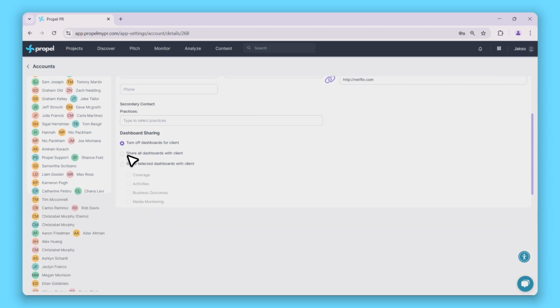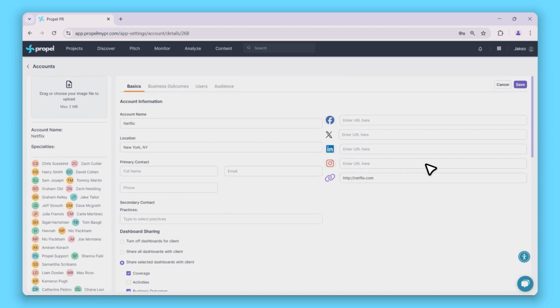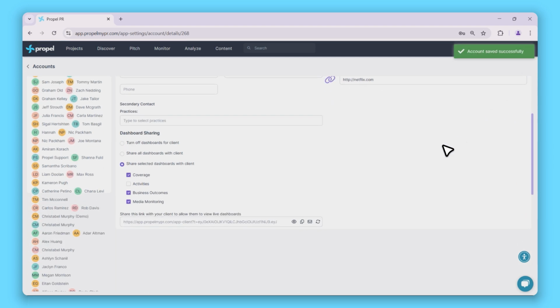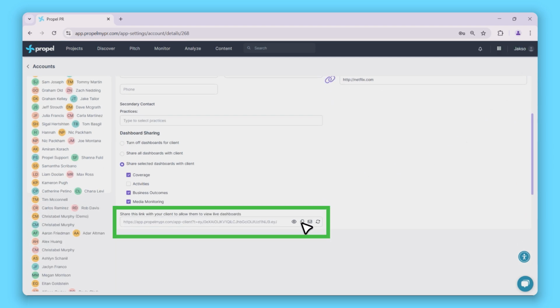Here, you'll see 4 dashboards that you can share: Coverage, Activities, Business Outcomes, Media Monitoring. Select the dashboards you want to share, then click Save. Once saved, the link will be activated, and you can share the interactive dashboard with external stakeholders or anyone who